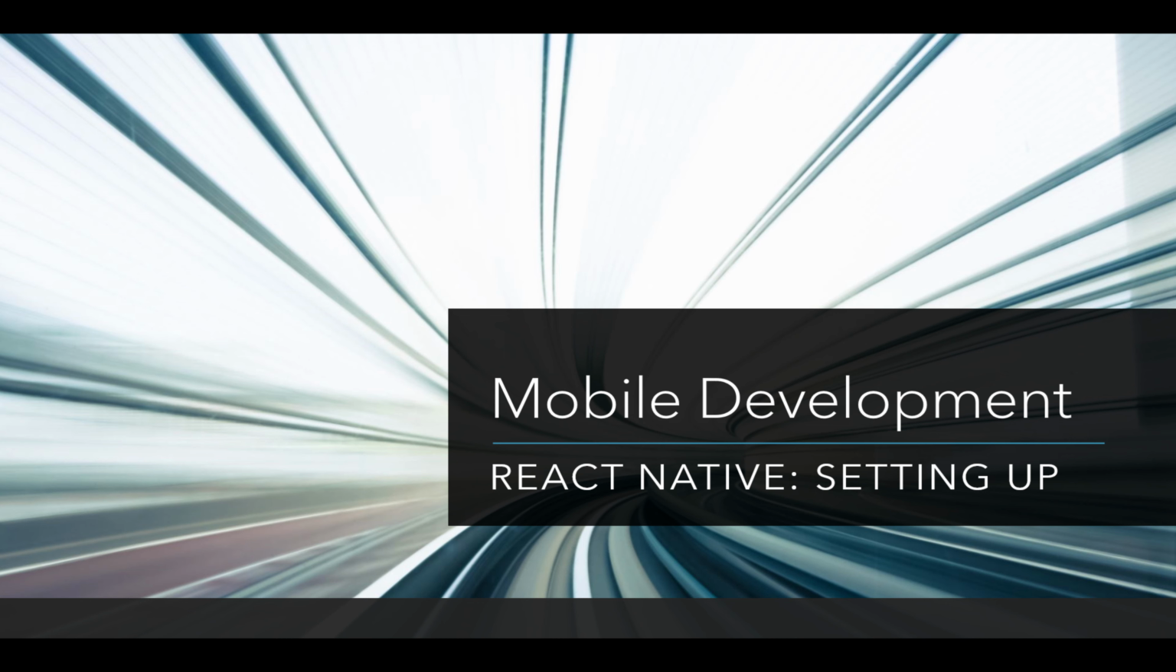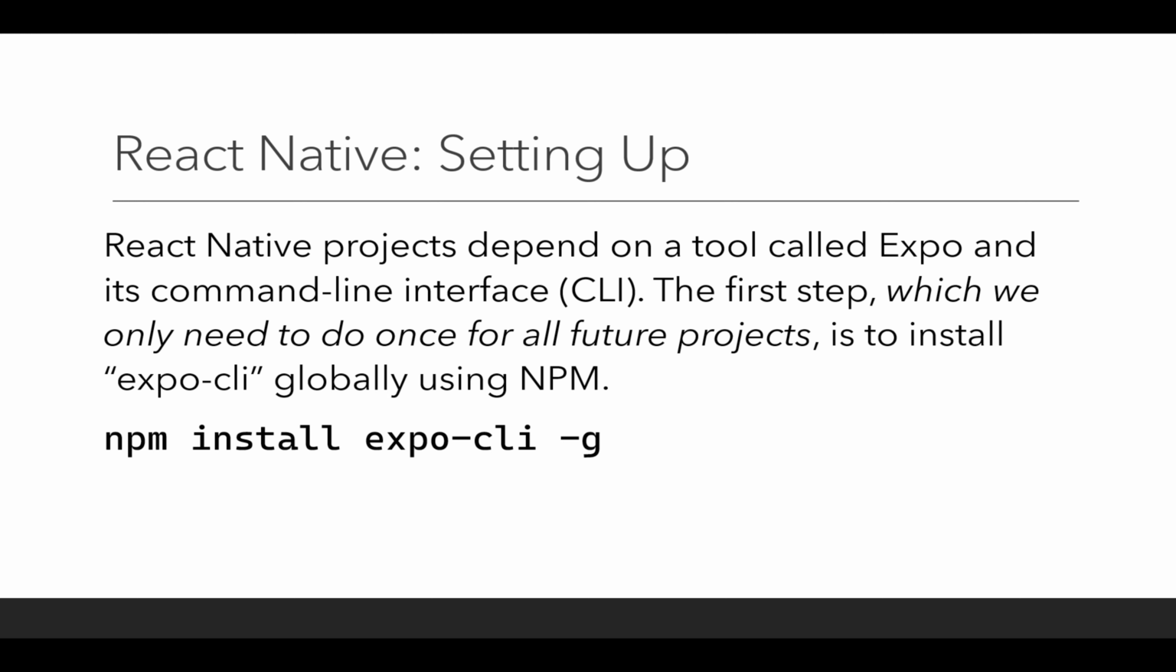React Native setting up. React Native projects depend on a tool called Expo and its command line interface, CLI. The first step, which we only need to do once for all future projects, is to install this tool, Expo-CLI, globally (-g) using npm. So the first command we're going to run is npm install expo-cli space -g. The -g is globally, and of course we are installing a tool, Expo CLI, the command line